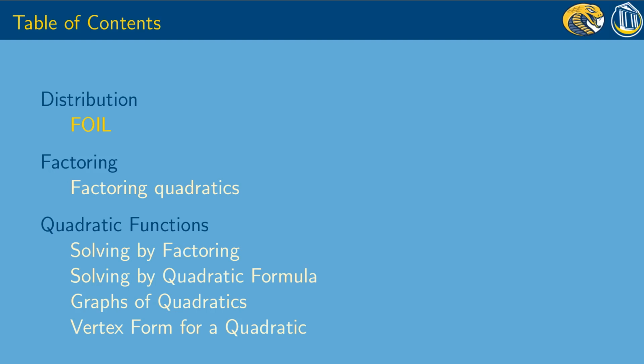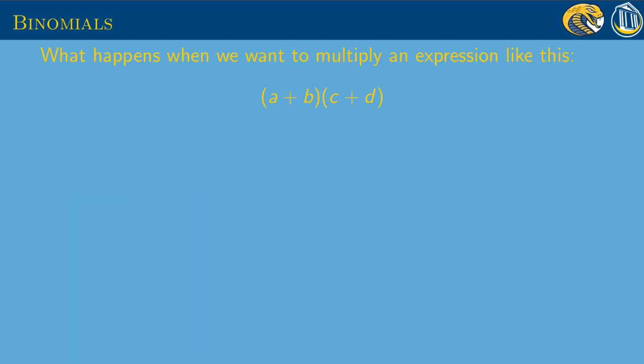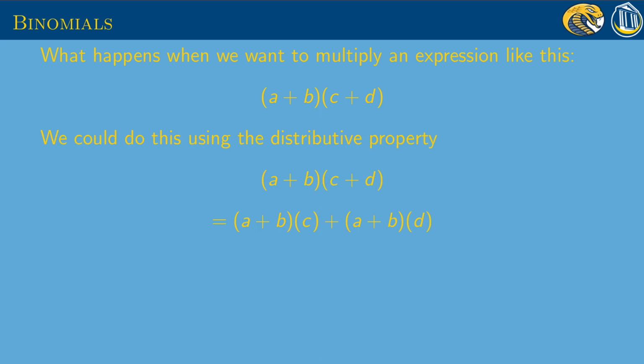Now let's talk about FOIL. What happens when we want to multiply an expression like a plus b times c plus d? Well, using our distributive property, we could write this as a plus b times c